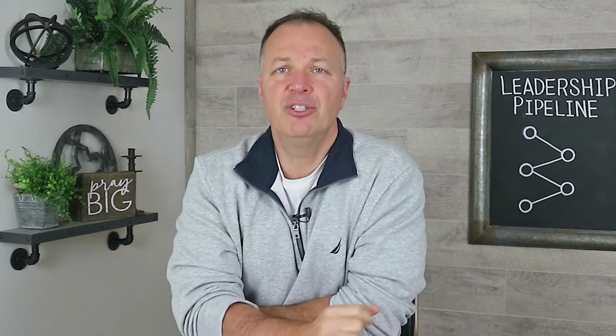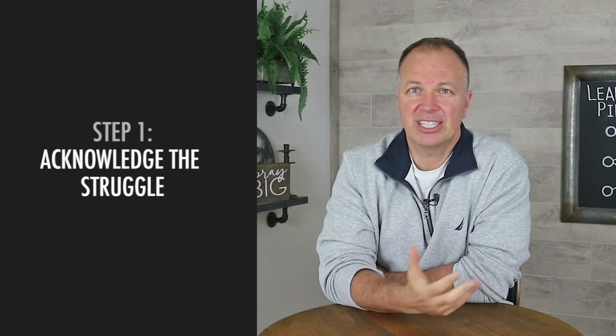Okay? So let me give you 3 steps to help you do this well. Step number 1 is acknowledge the struggle. Just acknowledge their struggle. You're going to do this simply by saying, you seem to be frustrated. You seem to be anxious. Or you seem to be discouraged right now, or overwhelmed, or fearful, or fill in the blank with whatever emotion they seem to be displaying, but you acknowledge their emotion.